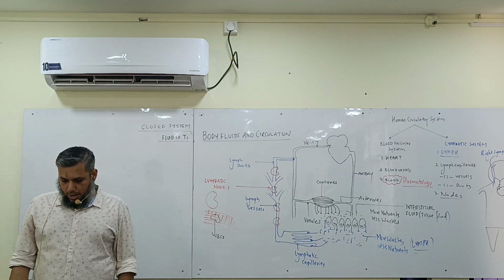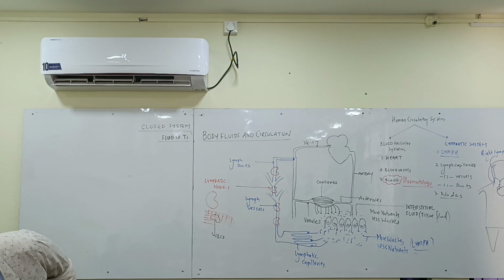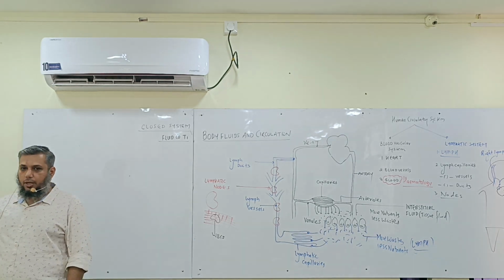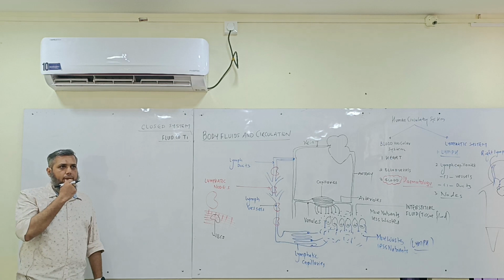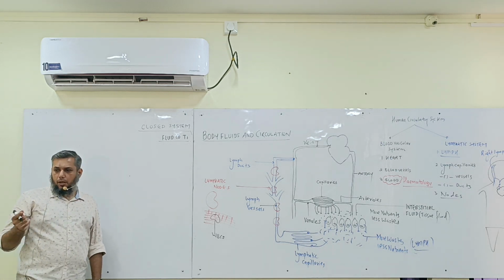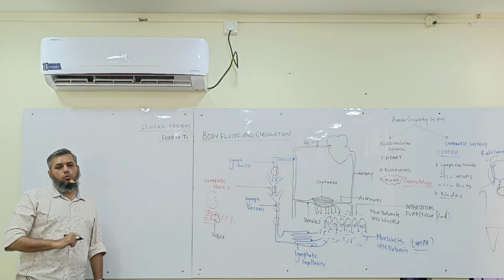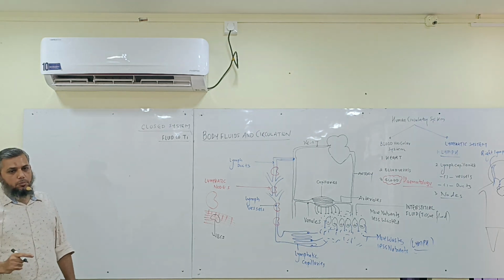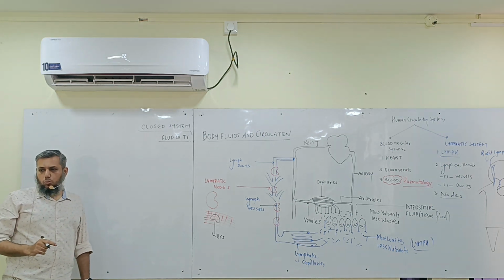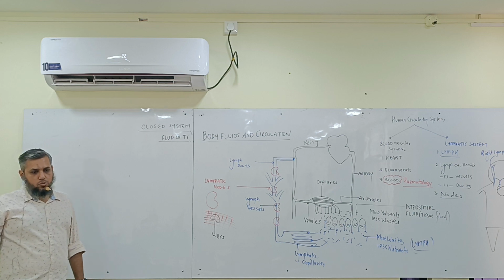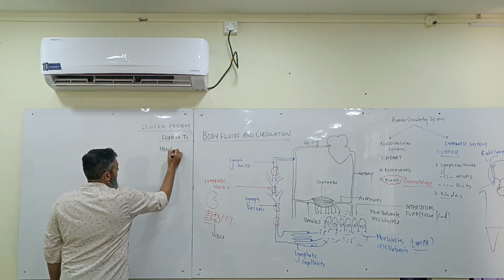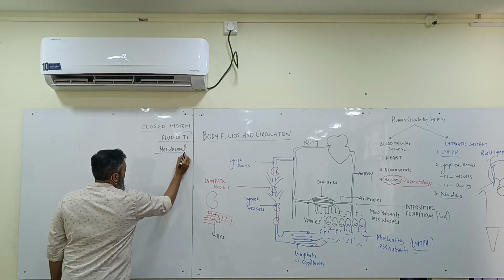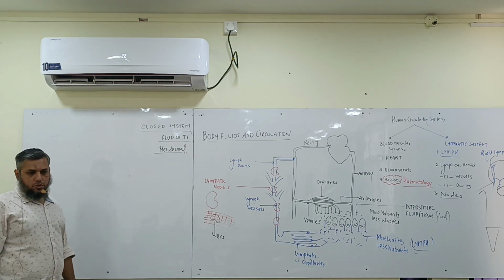And the NCERT mentions that it is a fluid connective tissue, a specialized one. I had told you, what is the origin of the human blood? Is it ectodermal, mesodermal, or endodermal? Meso. Why is it meso? It's a connective tissue, so every connective tissue is mesodermal in origin. So even the human blood is mesodermal in origin.